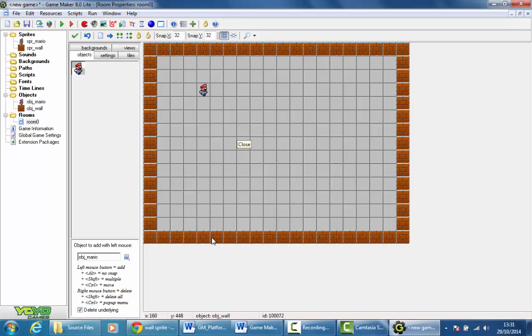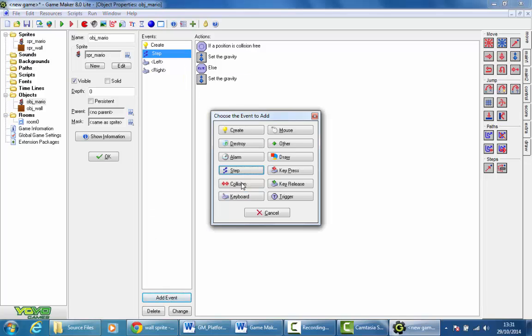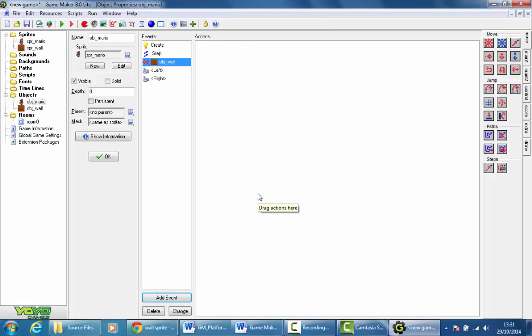and that's of course because we haven't said stop when he hits the wall. So we'll just quickly add that into our object Mario. And this is obviously a collision event, so we add another event. On collision with the wall, we want to do something. Now, we could here, I suppose, just set the vertical speed to 0, but actually we're just going to first of all add a move to contact here,